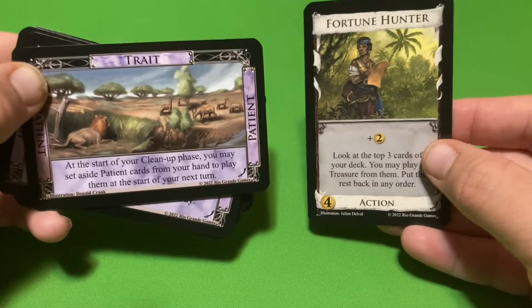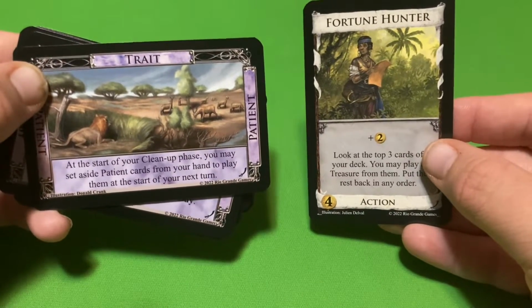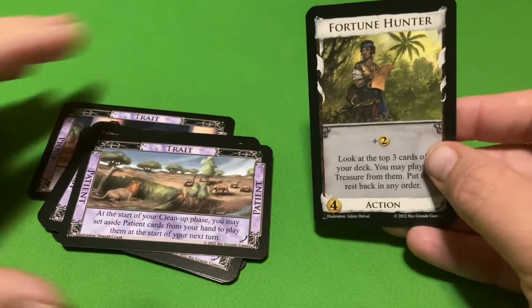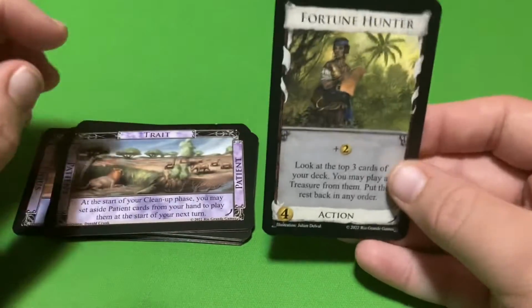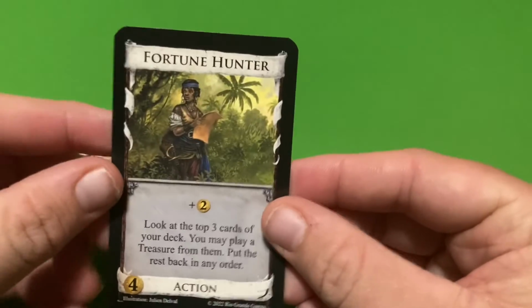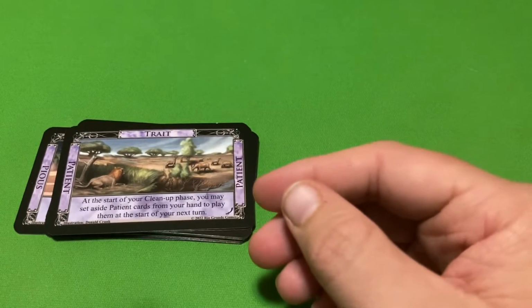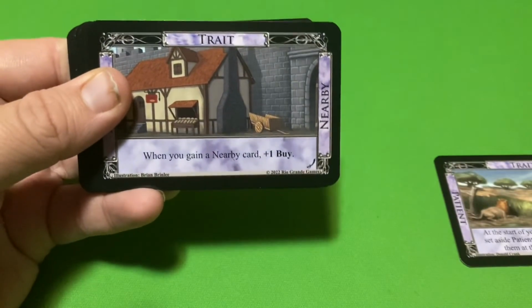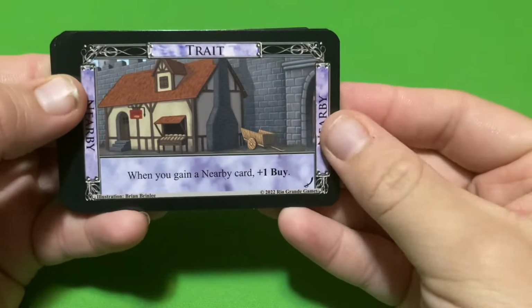That's a pretty cool card. Now, it's just something you can do. It's not something you have to do. For this particular trait anyways, it's something you may do. So that's just really cool. Think of all the possibilities with patient, for sure. Okay, so that's definitely one of my most favorite traits thus far, patient. Okay. Then we have